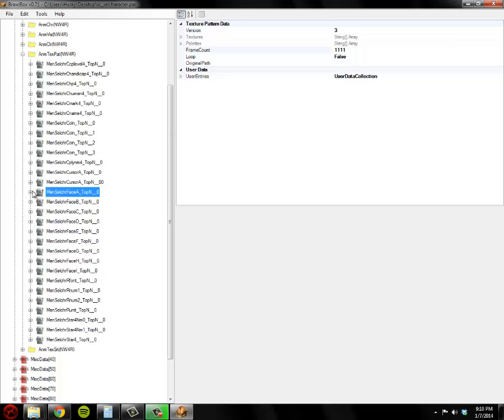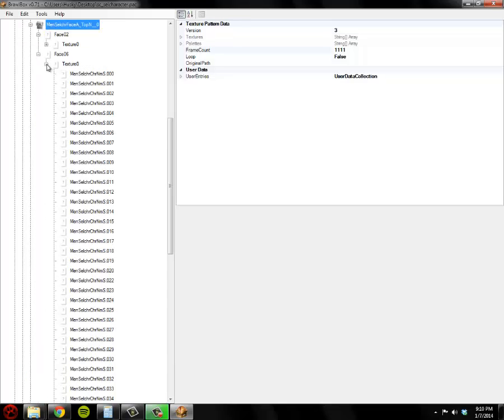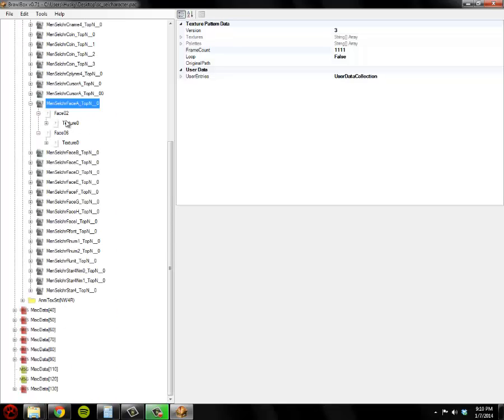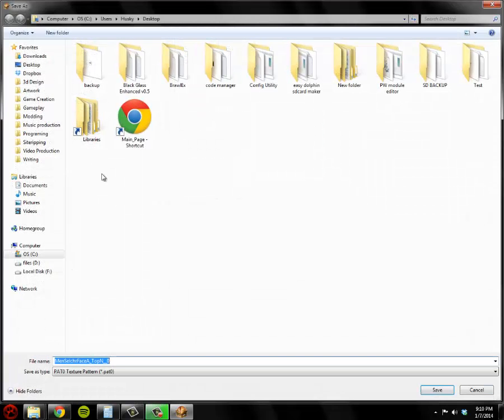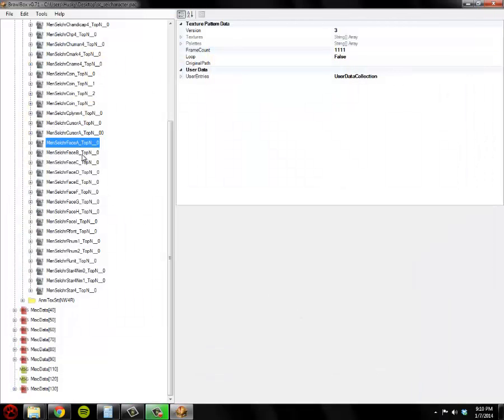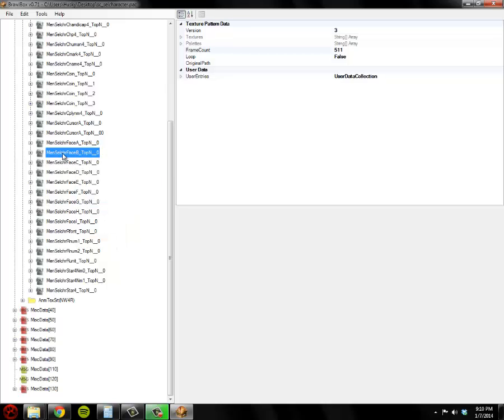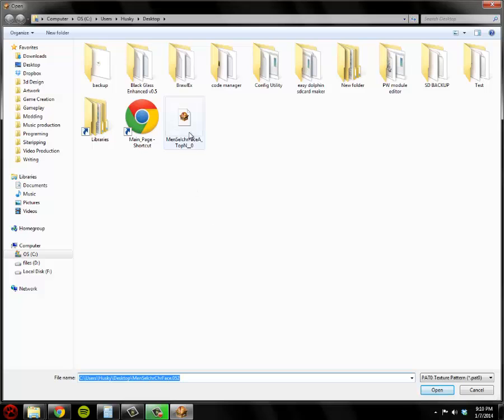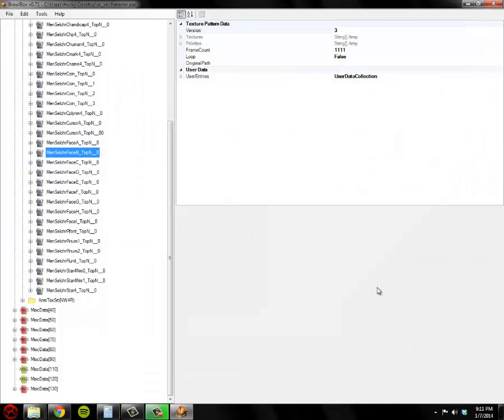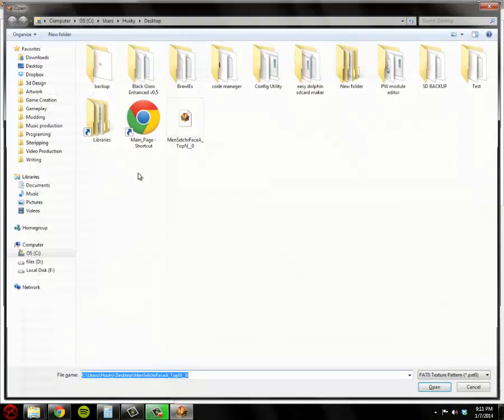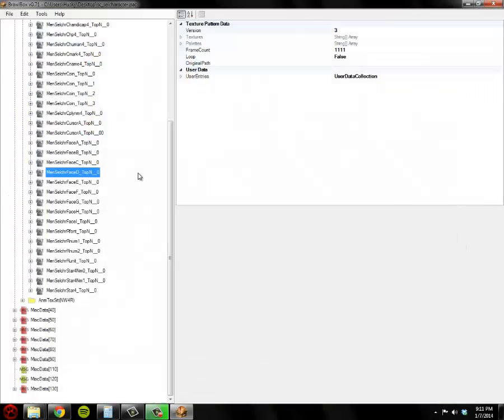Now, in the past, when I was first messing around with this, I did all of these manually, every single one of them. But then I figured out you can just export this entire thing and then re-import it over all these other ones. You can right-click and say replace, or hit Control-R on your keyboard, select it, and press open. Now you can do that for all of them, all the way down to I.